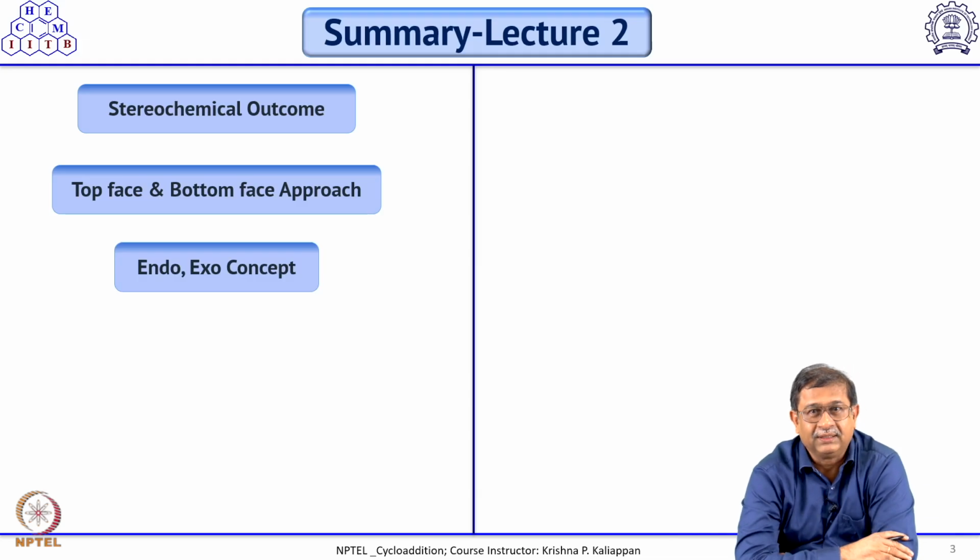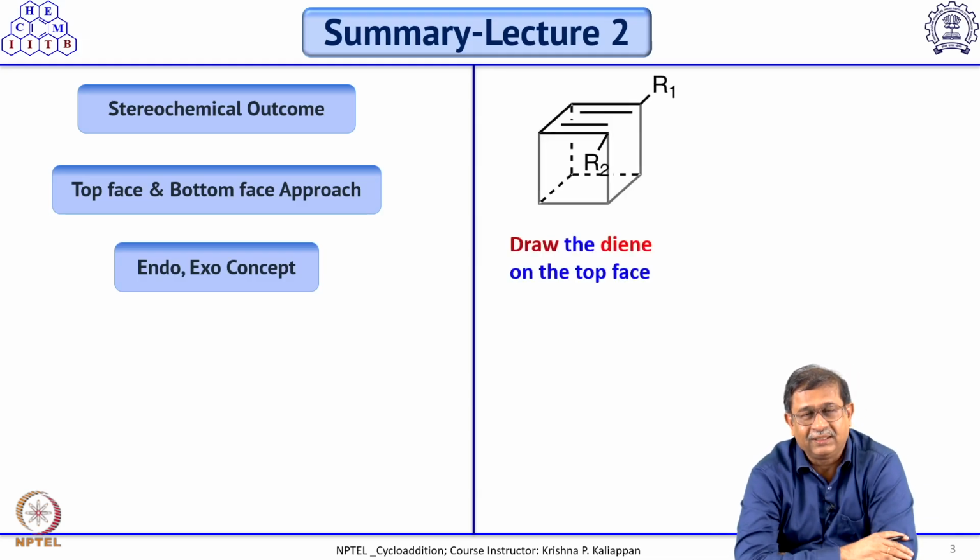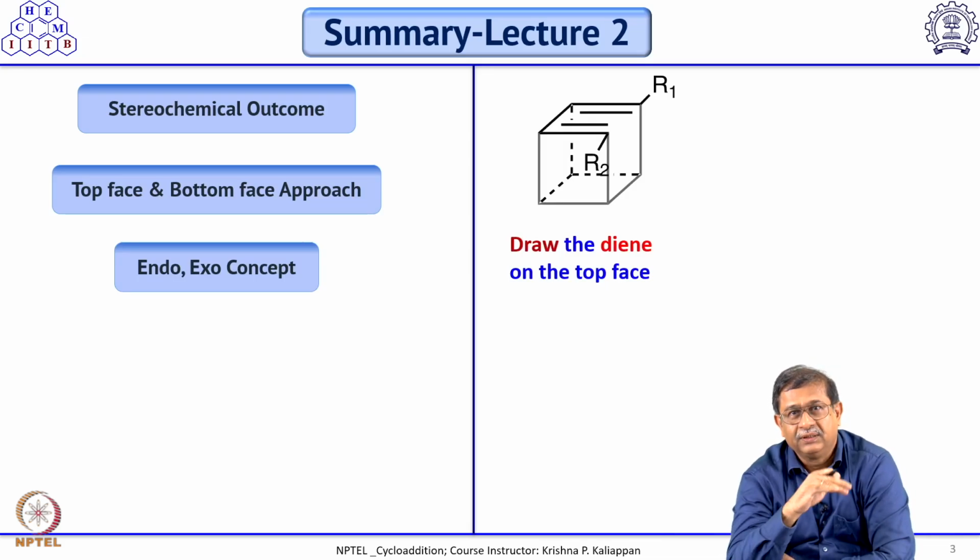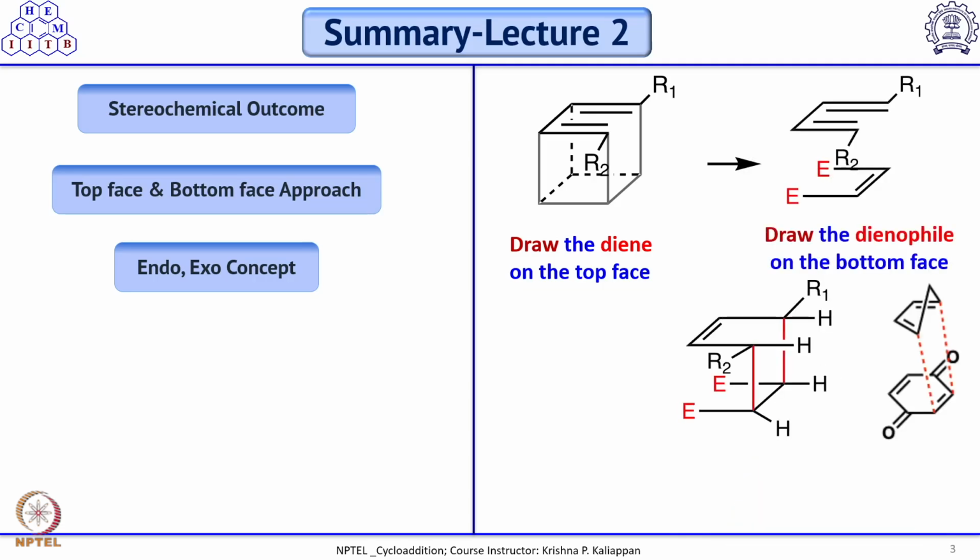We also talked about the exo and endo concept, and for that I briefly talked about the Q model, where in the top 4-membered ring you put the diene, and in the bottom 4-membered ring you put the dienophile, then you do the Diels-Alder reaction, and that will give you a better idea to visualize how the endo product is formed during the Diels-Alder reaction. And here is another simple illustration of how a reaction between cyclopentadiene and benzoquinone can be easily visualized through such a transition state to write the endo product.